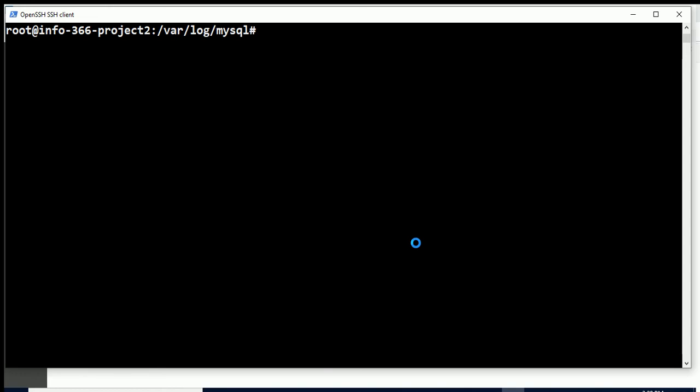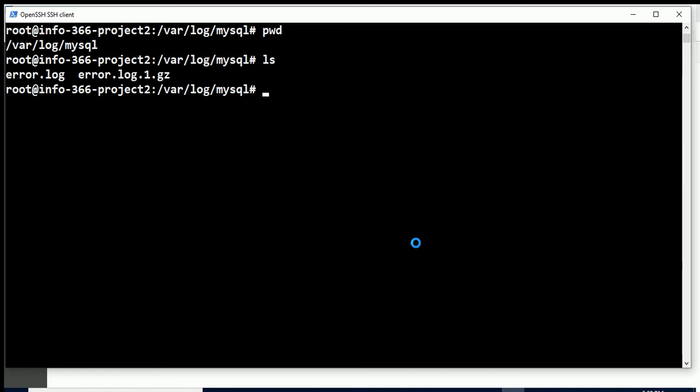But I wanted to look in the error log. So you can see my path here. I'll show you. I'm in /var/log/mysql. Inside /var/log/mysql is where we get our log files. You can see here I've got an error log. And if we use the tail command to look at the error log,